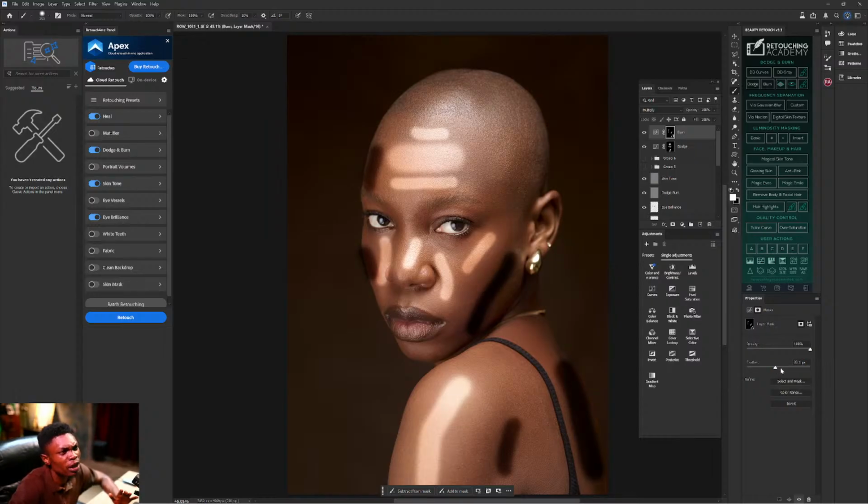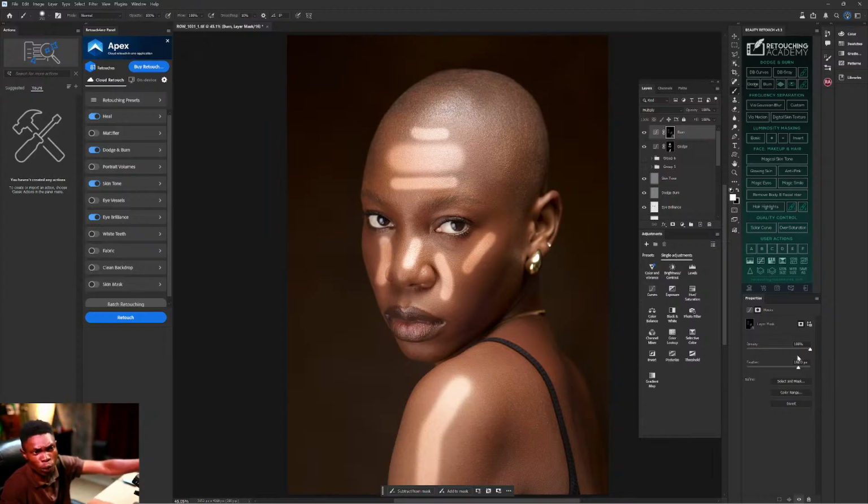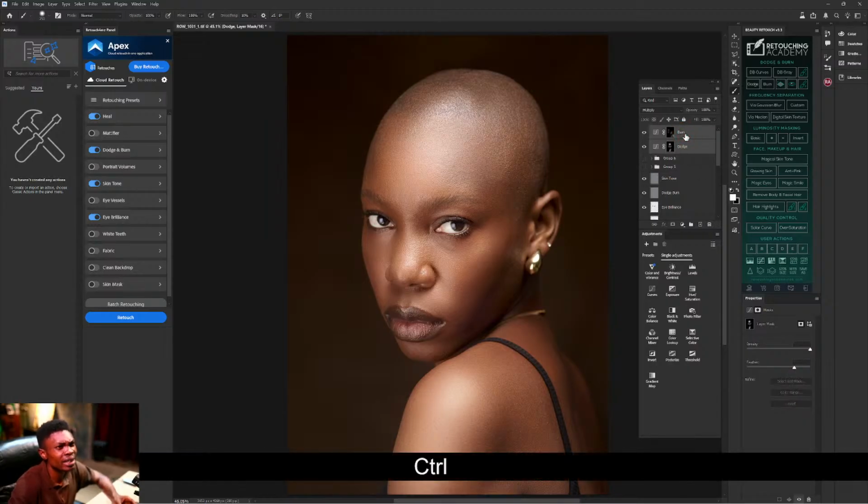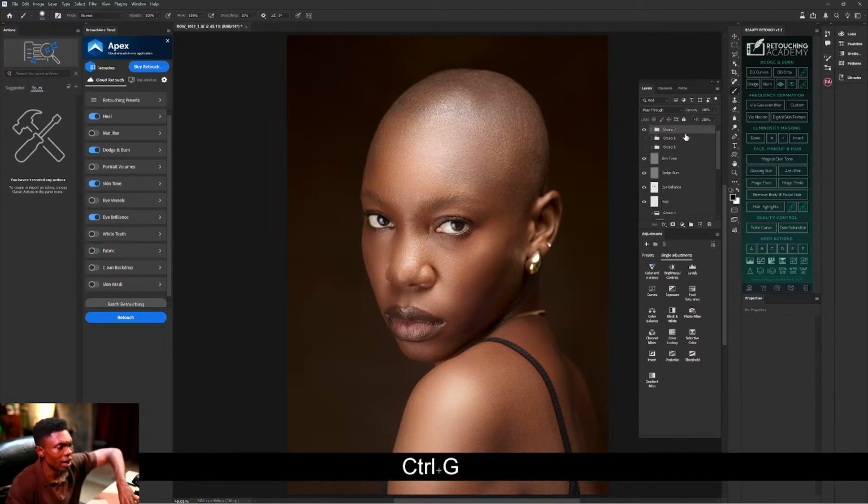So the more you dey move the feather, you go dey observe wetin dey happen for your screen. This feather now dey do wetin blur do for that second one wey we do. Then you go your dodge too, select your dodge, move this feather. We don get dodge and burn.